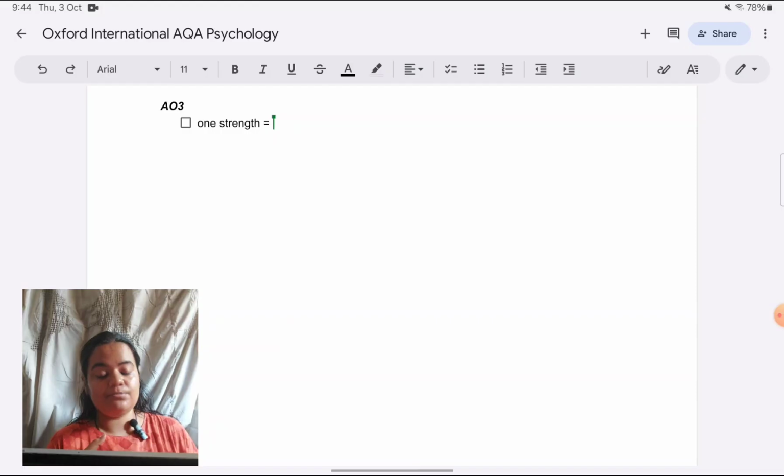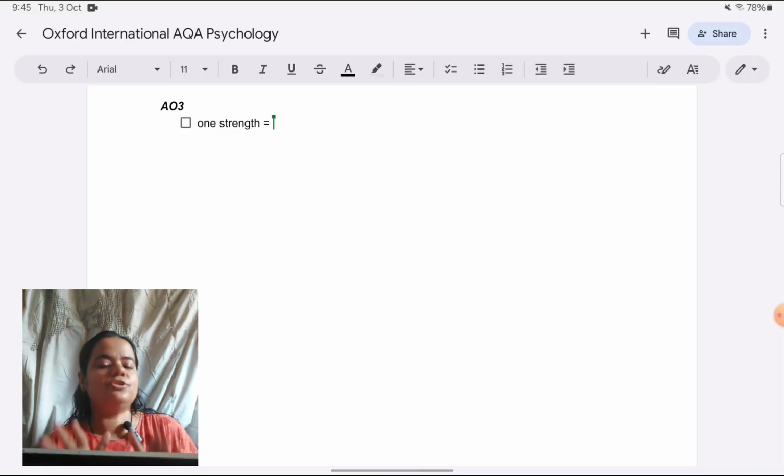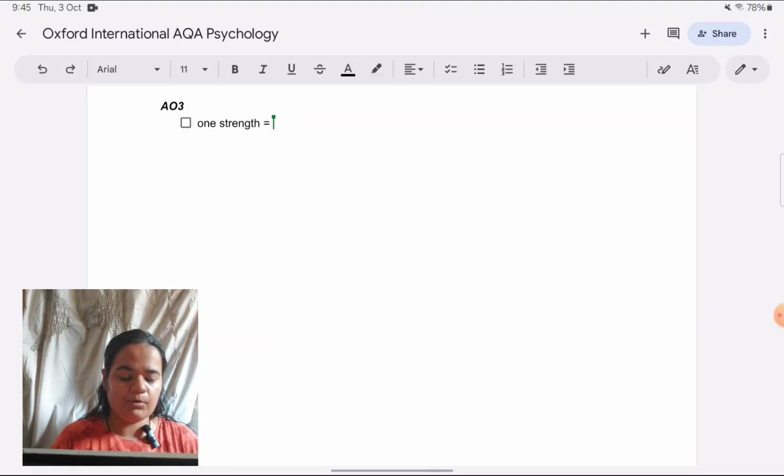If you would like me to make a video with an example from your syllabus, how to do the PEEL format, you can comment below. So I will try to make a video on that as well. Right now, I'm not explaining what the PEEL format is. That will be very time consuming, but I'm going to structure my answers in that format. So if you already know what it is, you'll be able to follow well. You'll be able to see that I'm using that format.